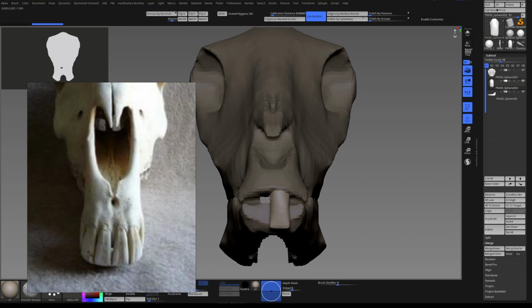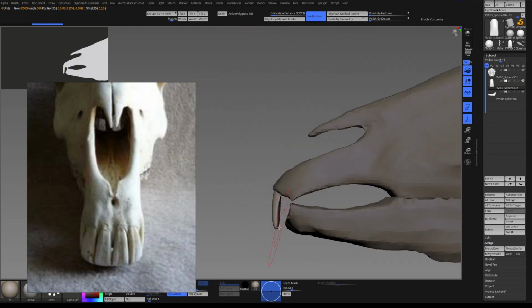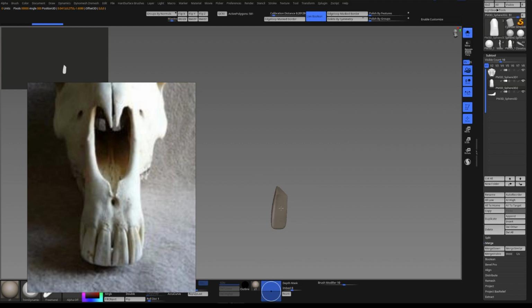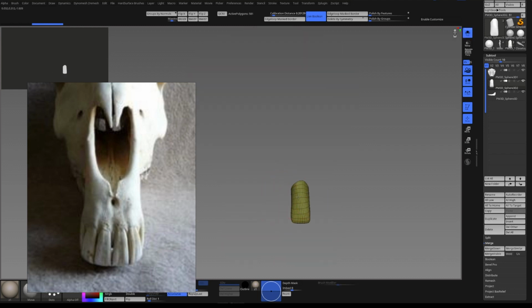So widening and narrowing, how things go. And well, I really dig the way that it looks. So I will just press